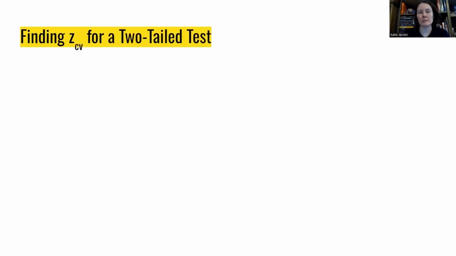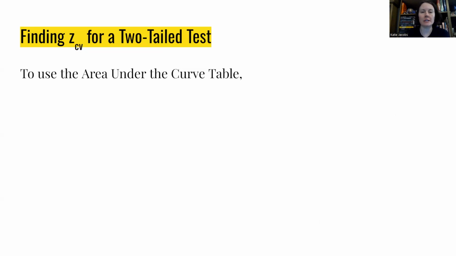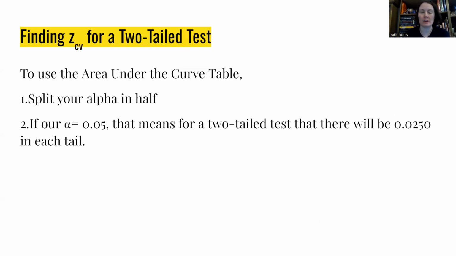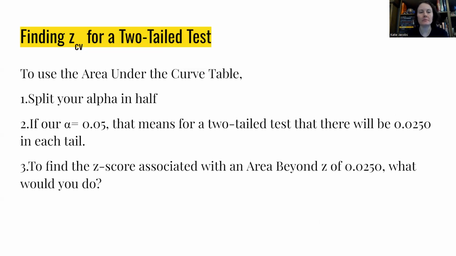All right, so we did this in class, but we're still going to review it just so we have it one more time in our brains. If we're going to find our critical values for a two-tailed test, we're going to use that area under the curve table. Hopefully you have yours out in front of you. We're going to split that alpha in half. Our alpha for this one was 5%, or 0.05 in proportion form. So if our alpha is 0.05, that means for a two-tailed test that there will be 0.0250 in each tail. To find the Z-score associated with an area beyond Z of